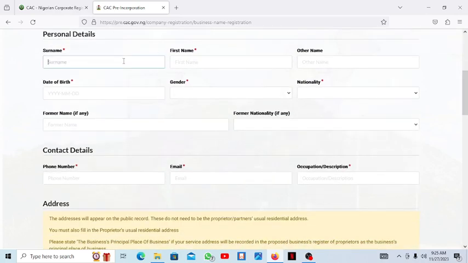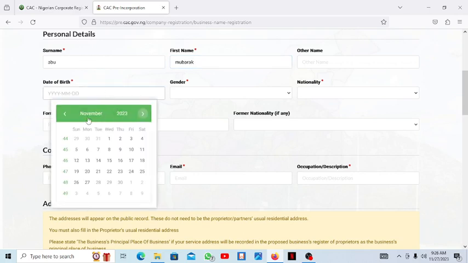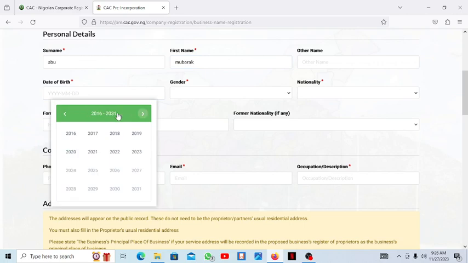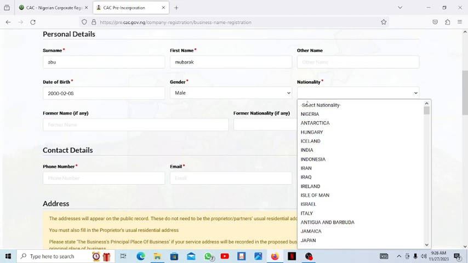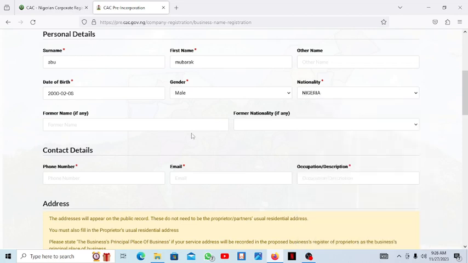You simply write the surname. Let's say Abu. What's the first name? You write Mubarak. Date of birth, you choose. Maybe the person was born 2000, February, 8th. Gender, male. Nationality, Nigeria. Does he have a former name? Does he have a former nationality? Contact address, you put the phone number,